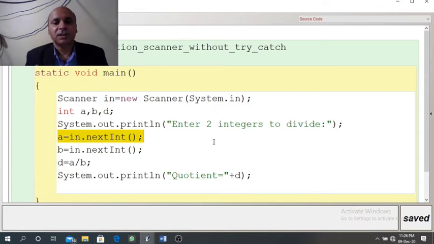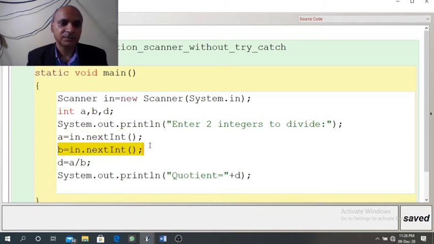So in that case there is a type mismatch. So that is the reason of input error during the execution of the program, or we can say runtime error. So the reason of runtime error can be when we enter a wrong data type value in A or in B.